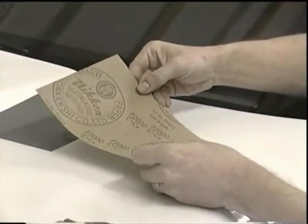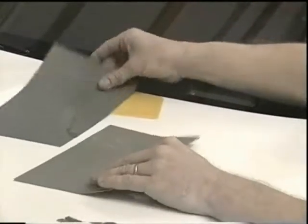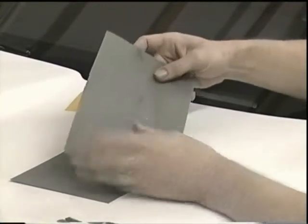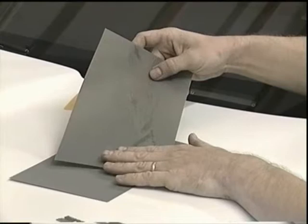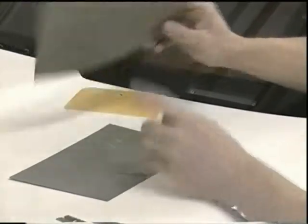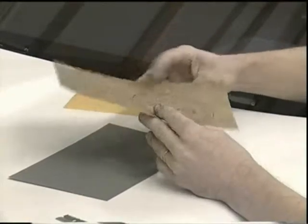We're dealing with two types of sandpaper here, or two grits. We've got a 1200 grit and we've got a 2000 grit. I use the McGuire's paper because it's made extremely well. The grit is deposited evenly over the surface, and it's just a really high quality paper. It's designed to be used wet, and it will last you forever. What we're going to do